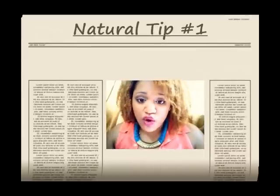Okay, 5 tips to getting gorgeous natural hair. Tip number 1 is you definitely already want to have a basic understanding of what your hair in general just needs. In general, you need to understand that your hair needs to be kept clean. It always needs to be conditioned, especially if you're a person of color and you don't have bone straight hair, basically. If you have any type of wave or kink or curl to your hair, then you 100% need to